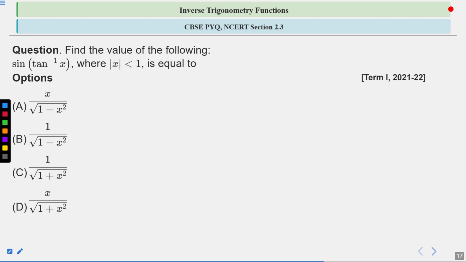So again, how can we find the value of the given expression? We have to basically find the value of sine tan inverse x, right? So we know that sine of sine inverse x is basically x when x lies between minus pi by 2 to pi by 2, right? So we basically have to convert this tan inverse x in terms of sine inverse, so that we can write sine of sine inverse theta as theta. Clear? So in this way you can try to approach this question.